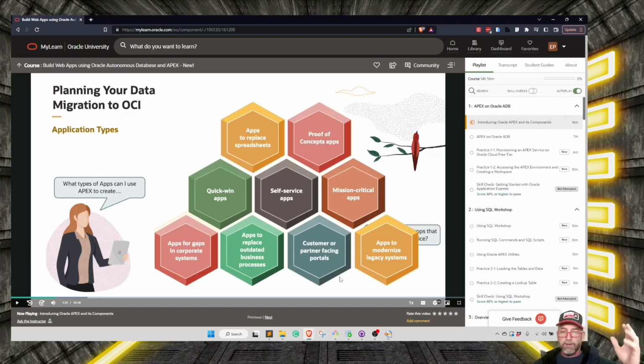Self-service apps, mission-critical apps, apps for gaps in corporate systems. Absolutely, it's great for hooking things together. Back in the day, MS Access was a tool that I got my first job in. And one of the problems, you come into an environment and there'd be dozens of MS Access databases running wild, all built from scratch by a business analyst or somebody who was just getting into technology at the time, so those got a really bad rap because they created some nightmares. I don't think Oracle Apex is the same thing,